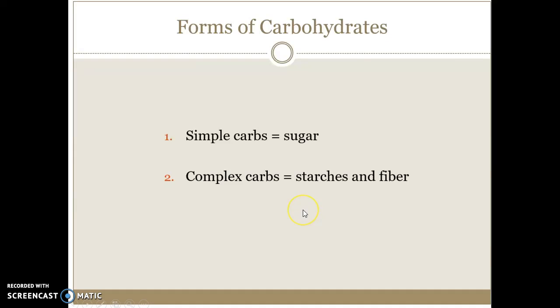Then the other macronutrient we'll briefly mention is carbohydrates, and this includes simple carbohydrates, which is added sugar, and complex carbohydrates, which is the fiber, and also starch. So even a potato has complex carbohydrate in it. Anything that's starch that's not a simple sugar, like you don't eat flour, it doesn't taste like sugar does. That's a starch. So they're both carbohydrates, but this is sweeter because it's been refined.